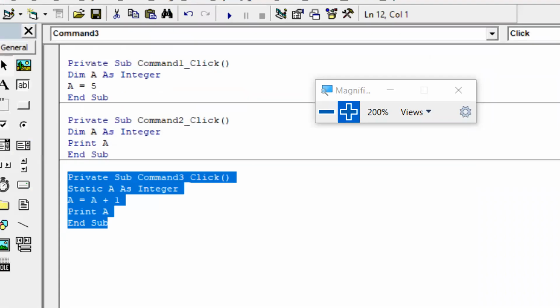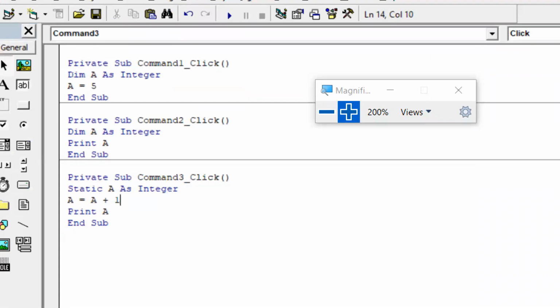So you can say static and local are known within a particular block, but the major difference between local and static is that local variables are recreated and restarted from 0, whereas a static variable is also a local variable, but the only change is it is not recreated. Once it is created, it will keep on resuming the program from the same point where it was left. Got it?